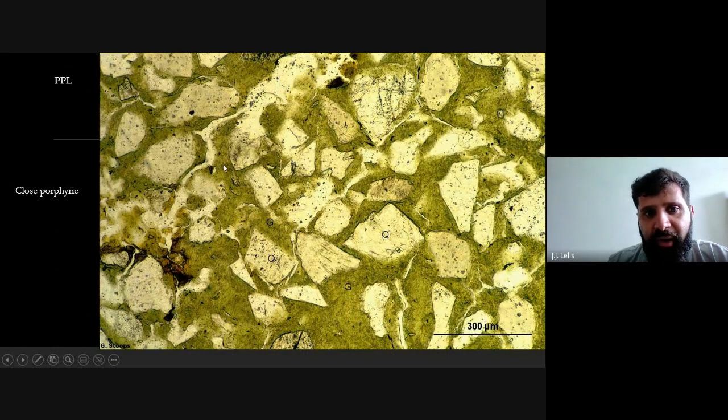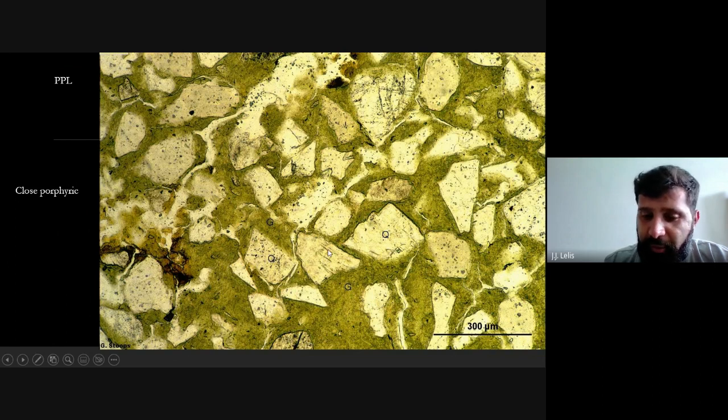We have a fine fraction that dominates the thin section, but we can see some coarse grains immersed in the fine fraction. So we have a dominance of fine fraction, and some coarse grains immersed in this fine mass, okay? So in this case, we have a closed porphyric